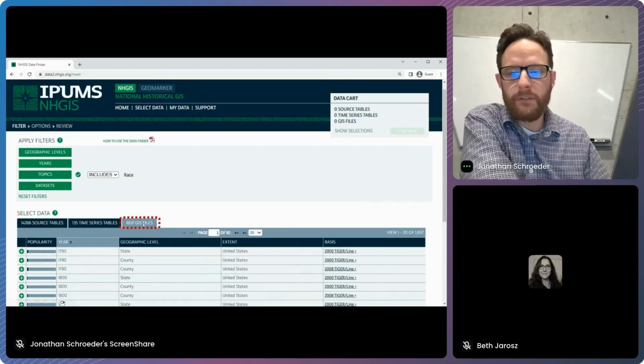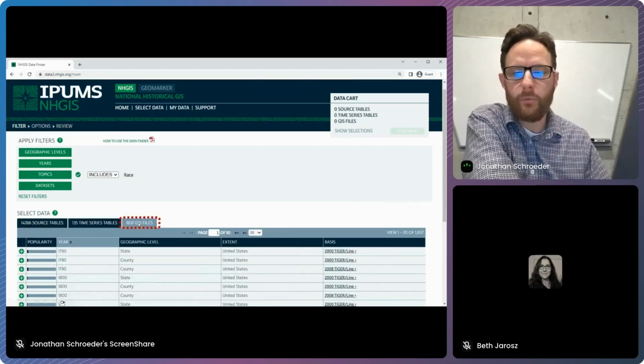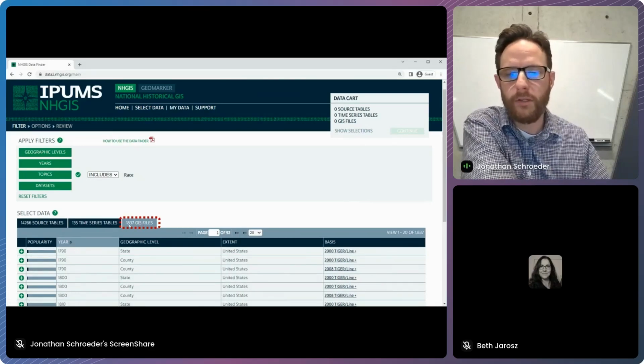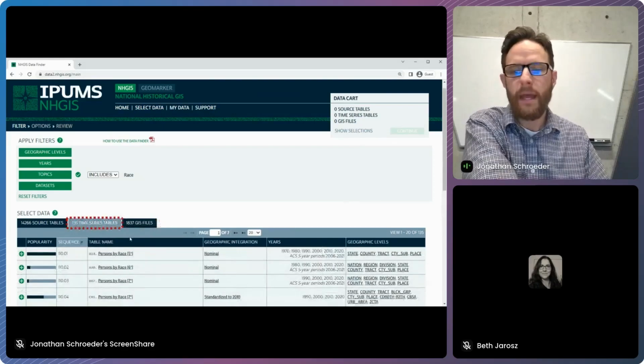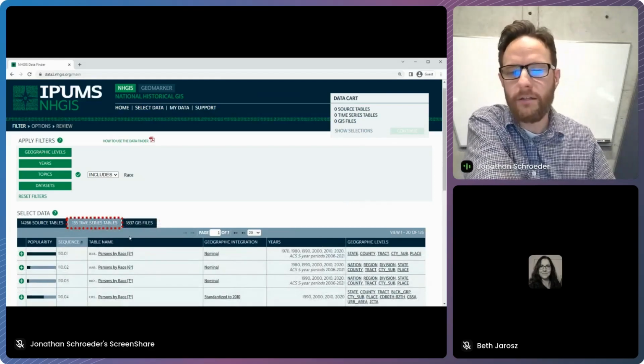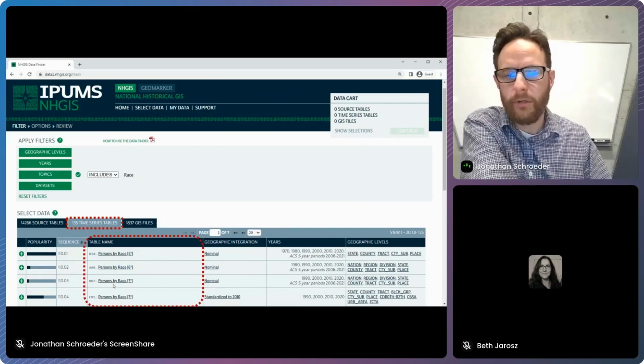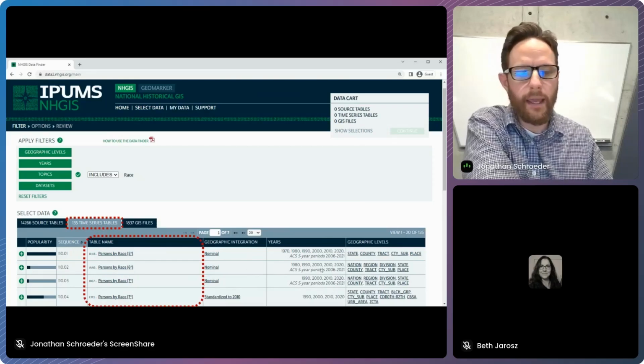Other tabs over here provide different types of data, including our GIS files, which we provide as shape files, providing boundaries and in some cases points or centers of population. And then the main focus of this talk is time series tables. Here in the middle, we have the time series table data. You'll see there are, in this case, 4 different tables that provide basic counts of persons by race, each providing a different number of race categories, 5, 6, 7, or 7, and differing also by the range of years and